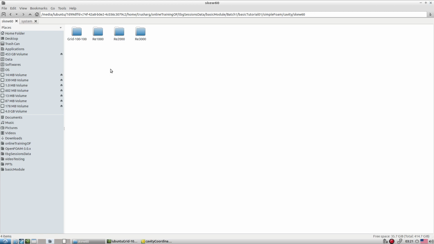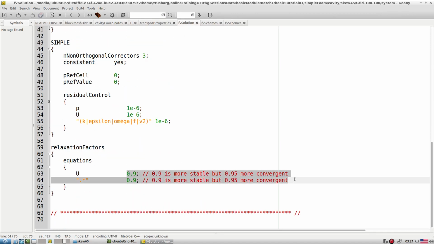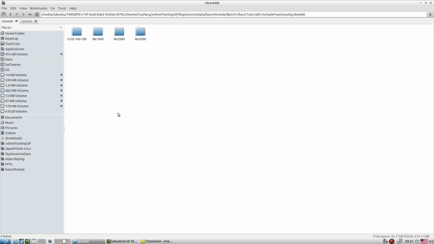Along with that, I suggest also trying Re equal to 1000 as well as 2000, or maybe even higher Reynolds numbers. When you go from lower to higher Reynolds number, you may again have to change the non-orthogonal correction, and you may also have to change the relaxation parameters. So try to play with these few options and simulate all these test cases. When we come to our session, we will discuss what difficulties you faced.